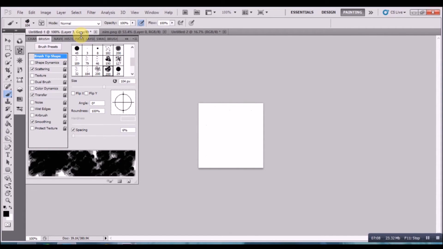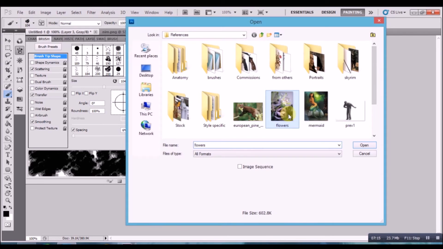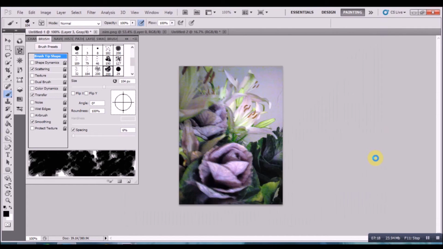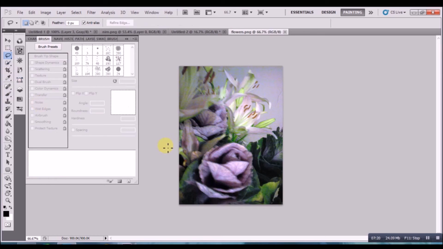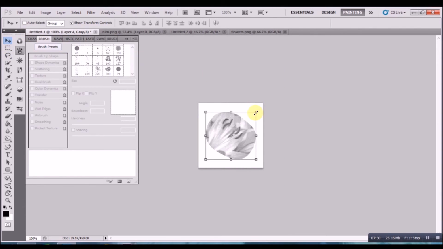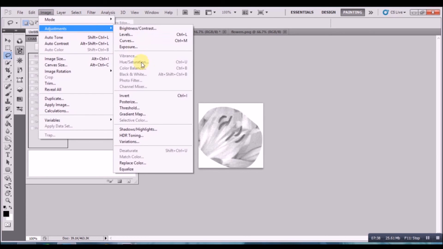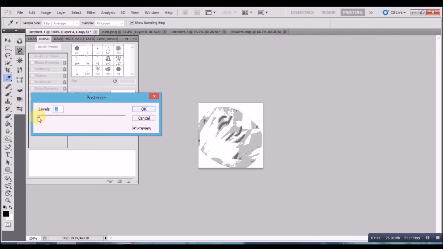So I'm just going to use a photo. Use these flowers here. So I think this part of the lily here might be quite interesting. So I'm just going to select that, pop it in there, make it a bit bigger, and then just go adjustments, posterize, maybe, yeah, 3 levels.